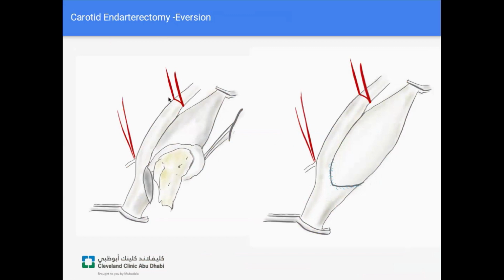The carotid artery is transected at its origin, and the plaque is removed via eversion. The consequence of this particular approach is that the Hering's nerve, which is the nerve to the carotid baroreceptor, usually gets damaged or cut, and there is a slightly higher incidence of hypertension after surgery because of that, I believe. Once the plaque is out and a good endpoint is achieved, the artery is sewn back on to its origin, and this allows you to avoid having a patch material.